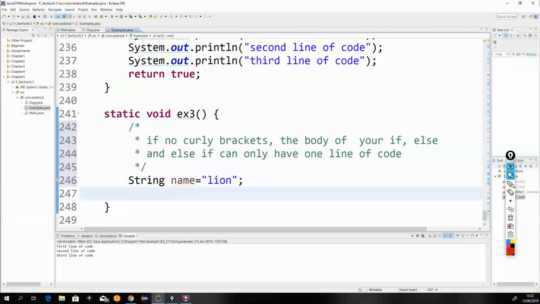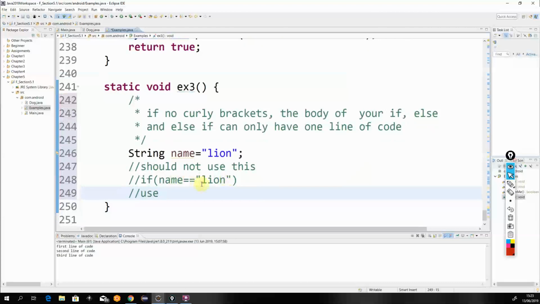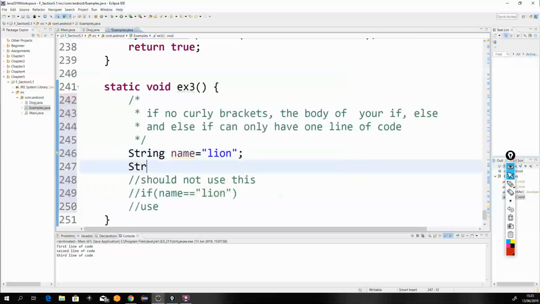So this is what you should not do. That's not the one you should use. Okay, so you should not use this. What is not good here? Sorry? What is not good here? If name is lion, because if I went this way,